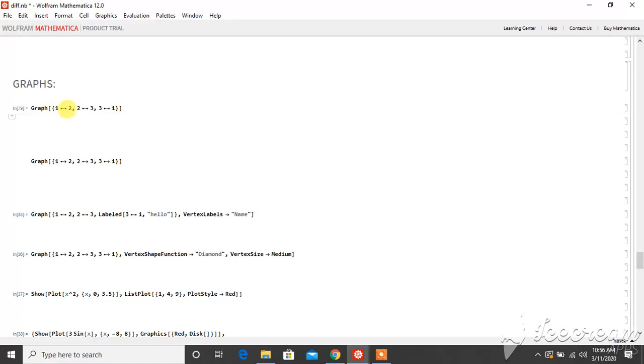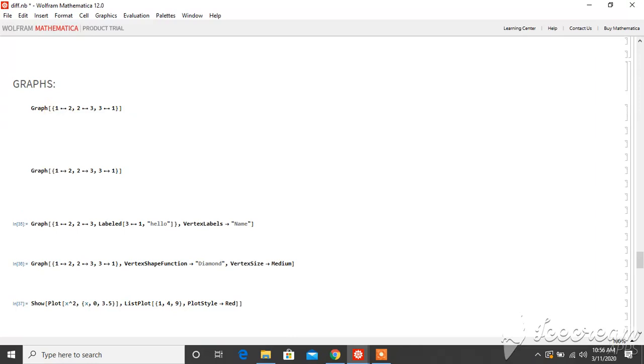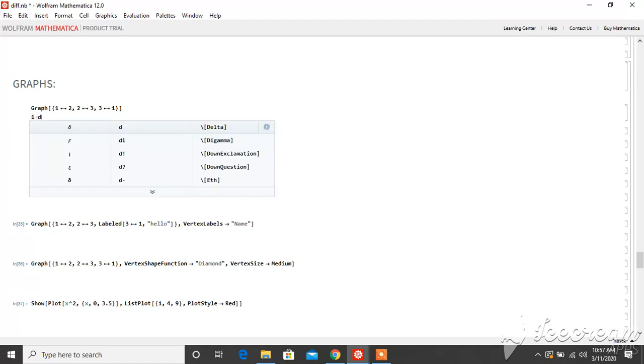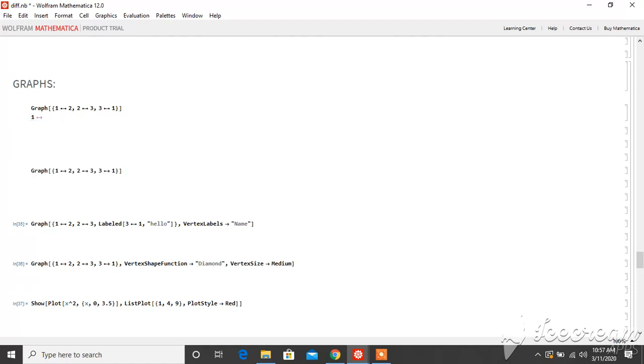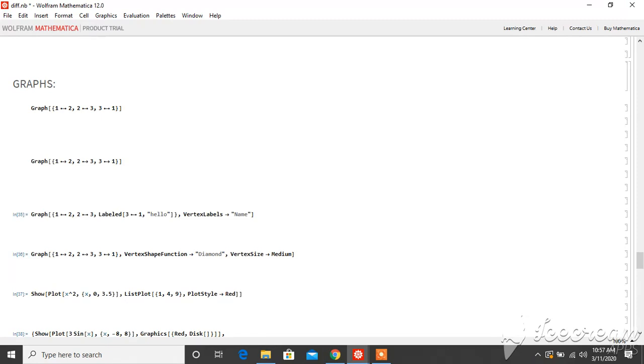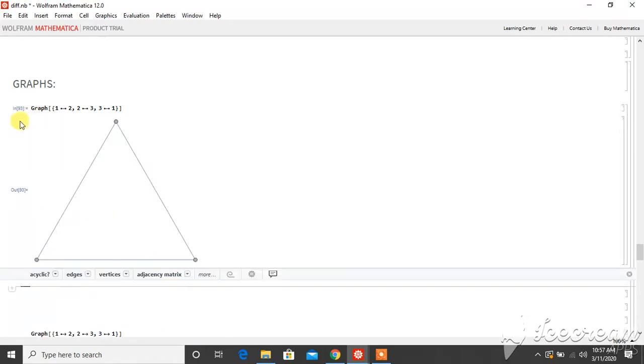To get the edge symbol, we need to press escape, ue, and then escape, and we will get this undirected graph connection symbol. For the directed graph symbol, we will press escape, de, and again escape, so we will get this. To evaluate this, we will enter shift plus enter, and here is our graph.